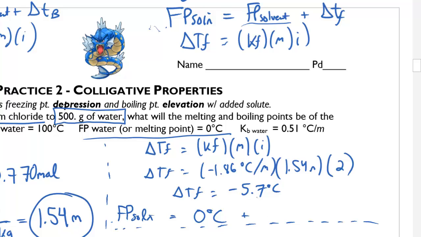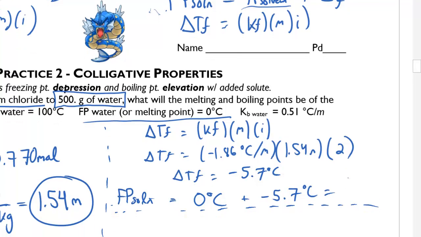Now it turns out that this change in temperature is negative because it actually has to be colder. So that's totally fine. Add a plus negative 5.7 degrees Celsius. The freezing point is always going to be depressed, so this will be a negative number. So when I subtract that, I'm going to get that my final freezing point should be a 0, sig figs here,